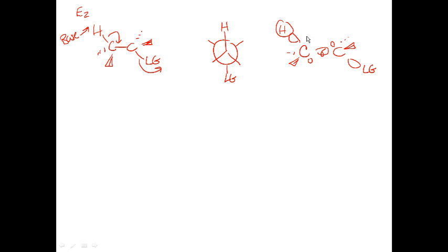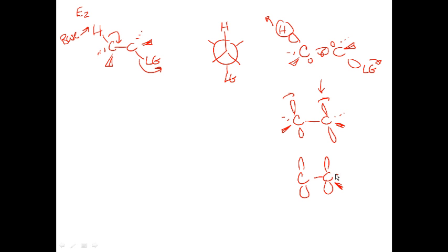As the hydrogen is pulled off and the leaving group leaves, we'll go through a transition state where the two sp3 hybrid orbitals become in between sp3 and sp2 hybrid orbitals. So they'll kind of swing up in both cases until they finally form two p orbitals,